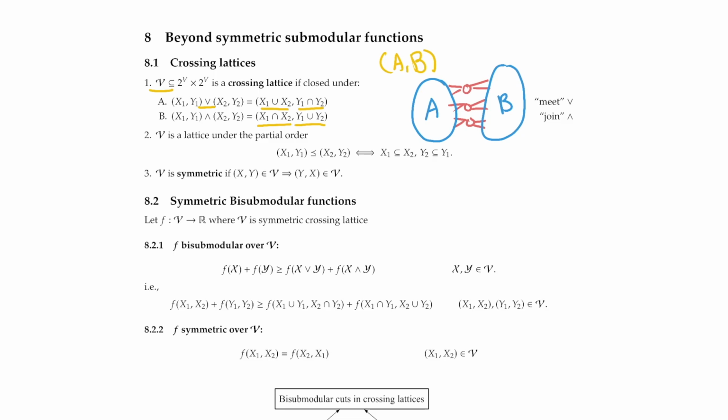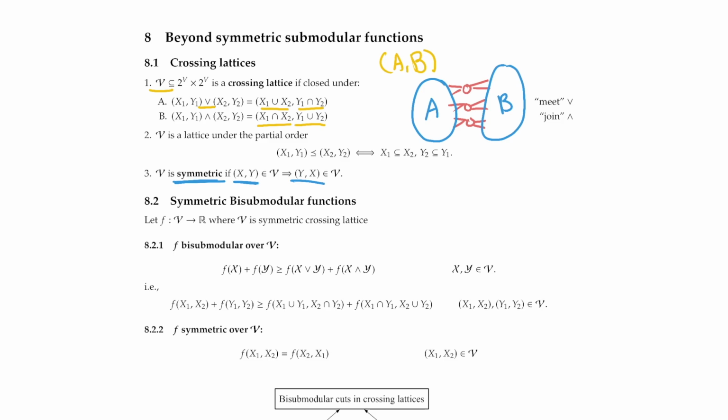And if you work through it, these crossing operations or uncrossing operations, the meet and the join will actually preserve vertex cuts. Okay, and also using vertex cuts as an example, we'll say this family of set pairs is symmetric if I can always reverse the pairs and get something feasible. So that's one thing, to expand out from focusing on f of s to f of two different sets, which, for the case of vertex cuts, represent opposite sides.